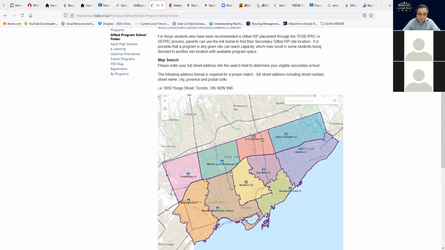The gifted program is spread out over the city, but not only the gifted, they also have some specialty programs called the TOPS program, and also the science and STEM programs as well. So yes, there are gifted programs. There are a number of schools, actually, I cannot even name them, but you can just click and they will give you the list of those.